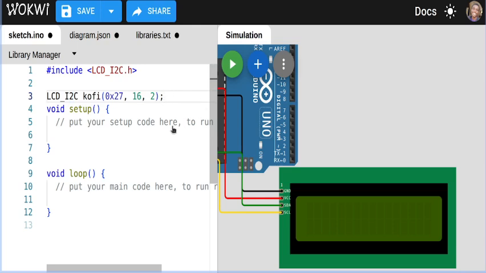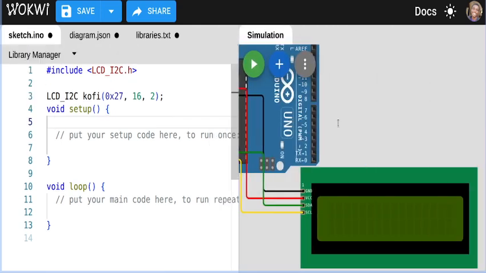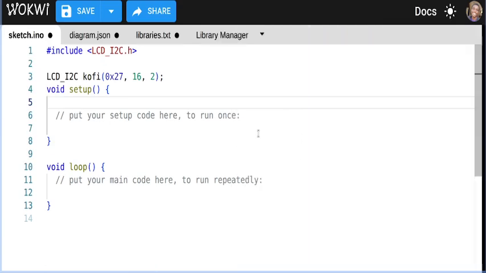So in our void setup, we need to get a few things set. In our void setup, all we will need is, let me try and make this bigger. For now, we don't need the